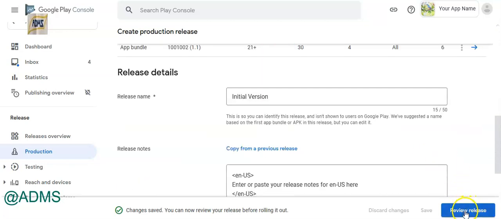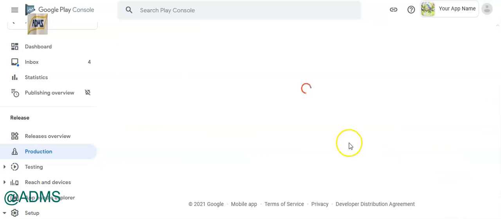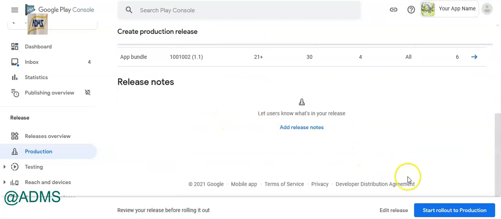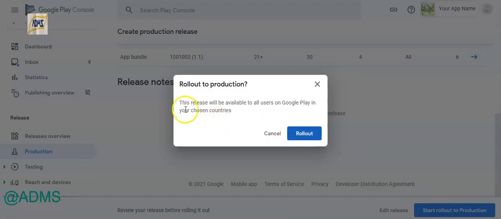And then you have to click review release. You can ignore these warnings and click here, start rollout to production. As you can see, this release will be available to all users on Google Play in your chosen countries. So you can click rollout.